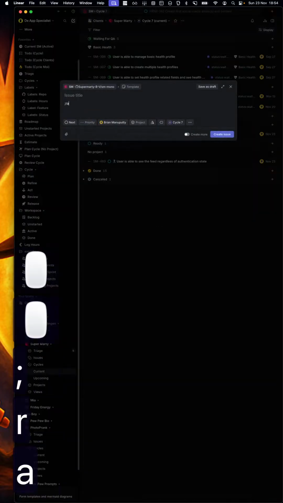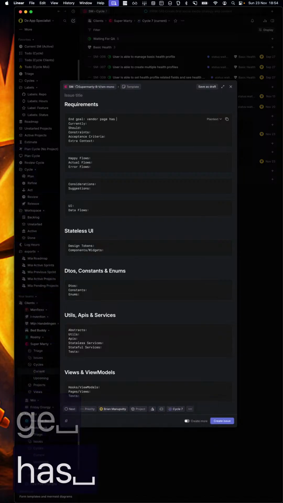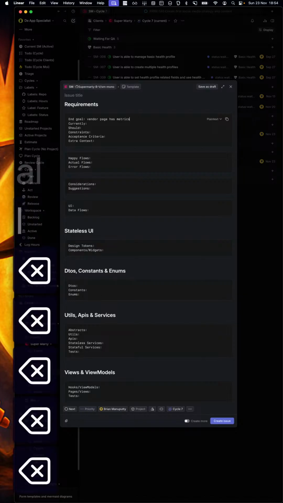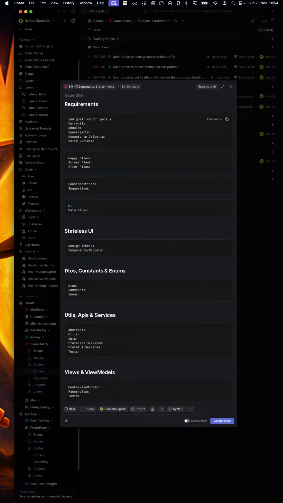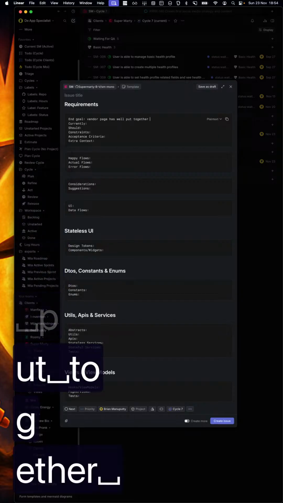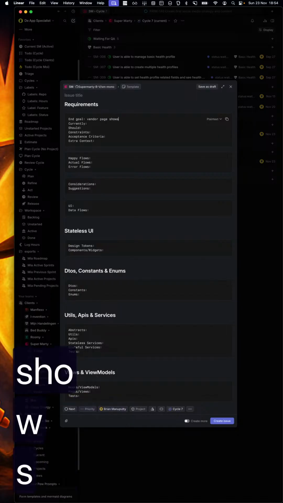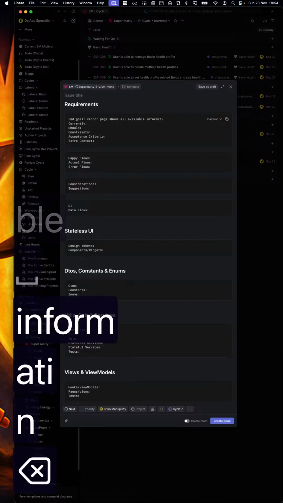Let's say, okay, raw end goal: vendor page has metrics, vendor page has well put together. No, vendor page shows all available information regarding vendor